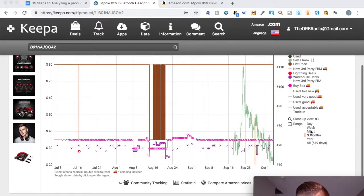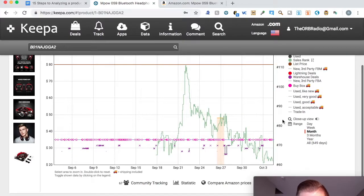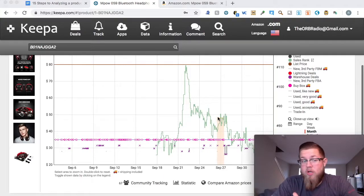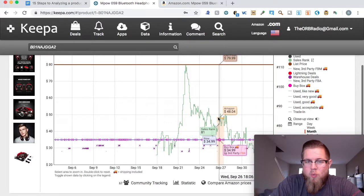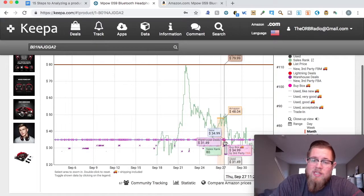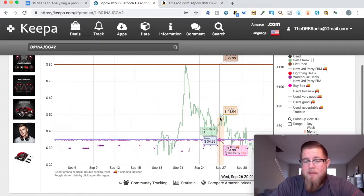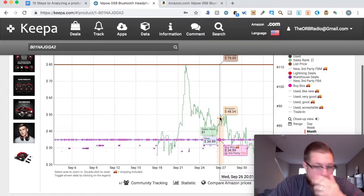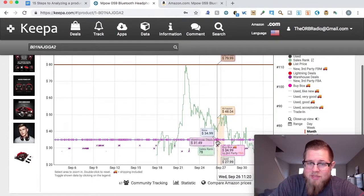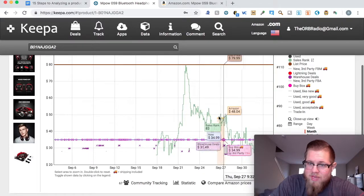If we look here on that month graph, here's something really important to note. You see Amazon here? Amazon hopped on the product. Whenever you see Amazon, we've talked about before why that's a no-go, hopping on a listing with Amazon. Most of the time you're going to see this buy box price go right up to that orange line, $48. Even though somebody's willing to sell it for $35, Amazon will take that buy box and you'll get no exposure. But this is an instance where I still would compete with Amazon. Obviously they didn't take the buy box because the buy box didn't hop up here to this Amazon line of